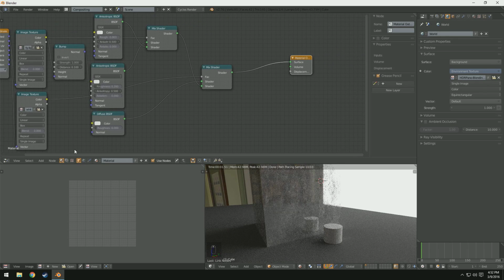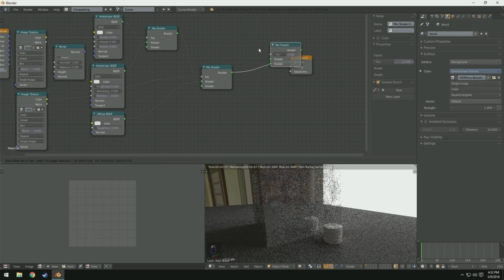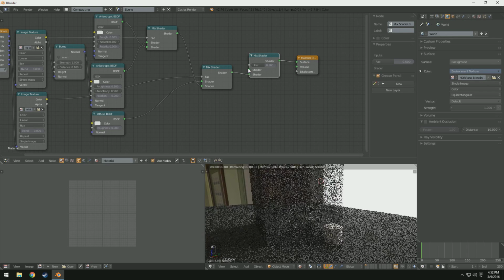Now if you want to dial this down, what we can do is we can actually add another mix shader between the two here, and we can mix the previous shader with the